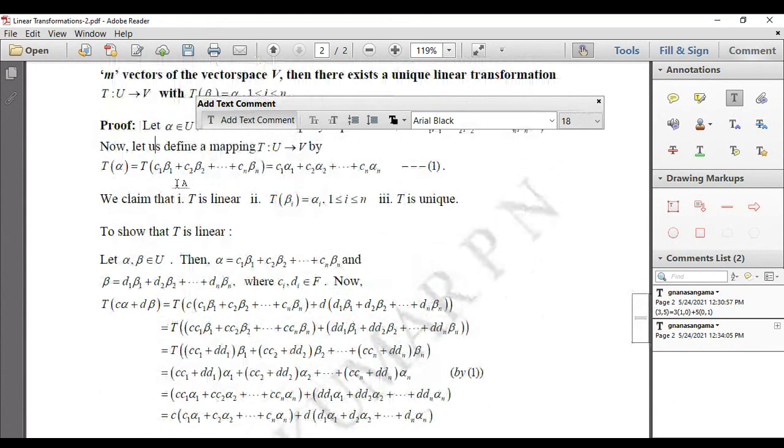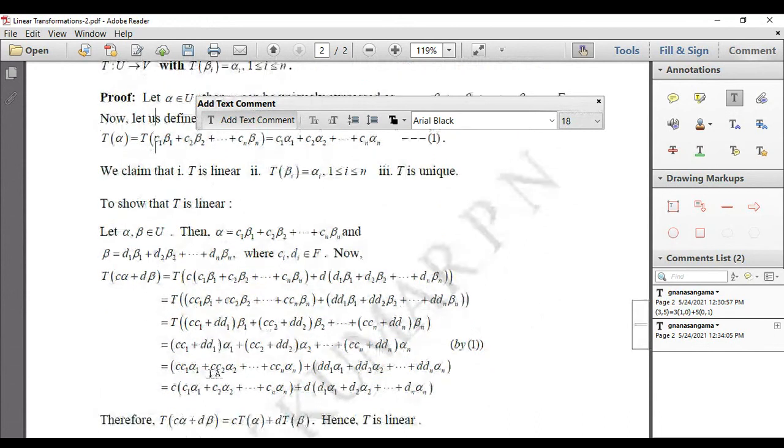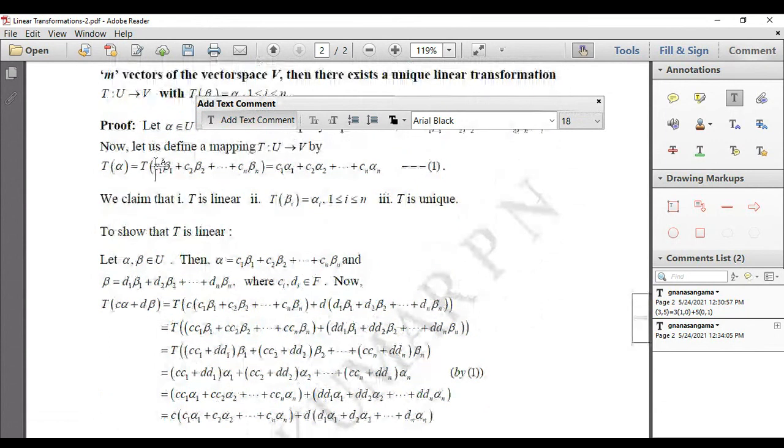And by this mapping, the image of the linear combination of betas will be equal to the linear combination of alphas. So by that result, T of beta 1 changes to alpha 1, T of beta 2 changes to alpha 2, etc., up to T of beta n changes to alpha n. So you're going to get (c·c1 + d·d1), same scalar. Remember, c1 into beta 1 is changed by c1 into alpha 1, T of this. Because if T is linear, obviously this will be c1 into T of beta 1, by the above result. So T of beta 1 is replaced by alpha 1. That is what it is saying. T of beta 1 is equal to alpha 1.